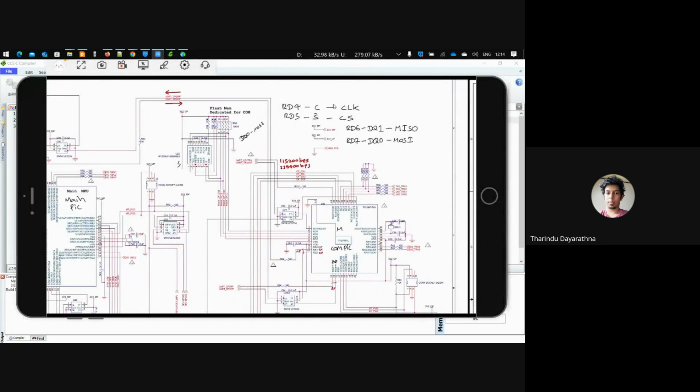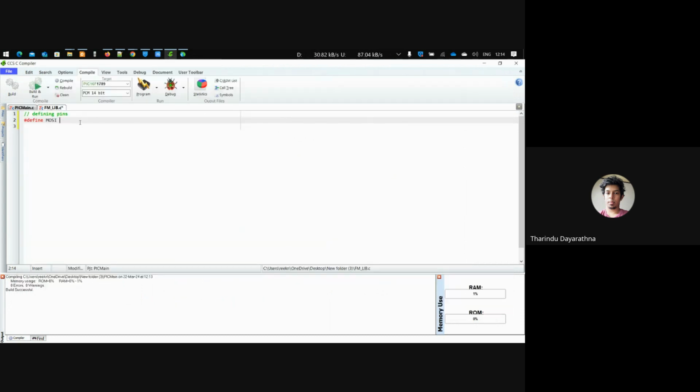Mosi pin was here, D6. No, D7. Pin D7. These are the syntax in this compiler. So you have to tell pin D7 and then define